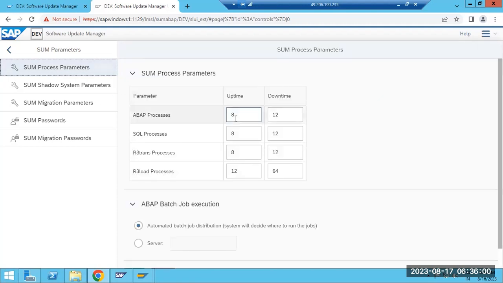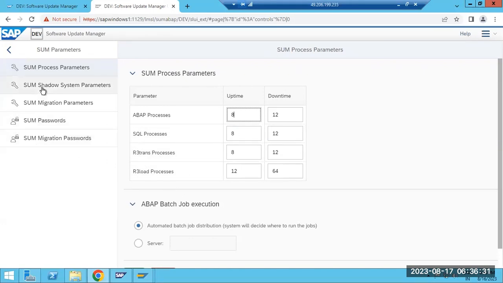At the level of the invoice, it won't be possible. I think there is one somewhere, so we can give that level also and process it here. Here GA level also we can see. That level also, in some folder only, we have to change somewhere. Somewhere we have to change all this process. See here, here we have selected. So uptime this many processes, downtime this many processes, ABAP processes, SQL processes, R3load, R3trans, this many processes